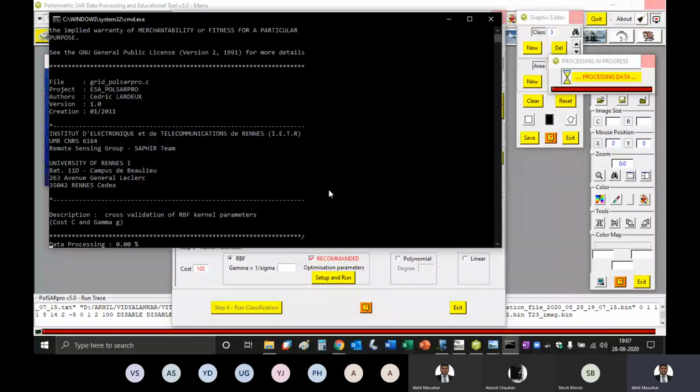If you have pressed RBF, then recommended, and then setup and run, just type RBF in your chat box. Okay, great. So just check whether your data processing has started or not.